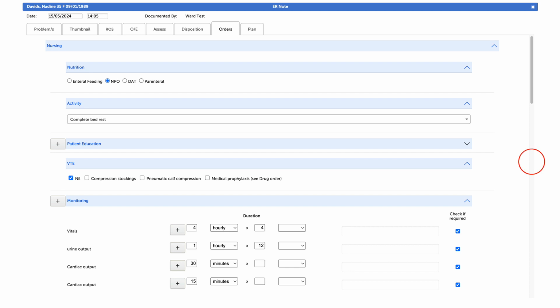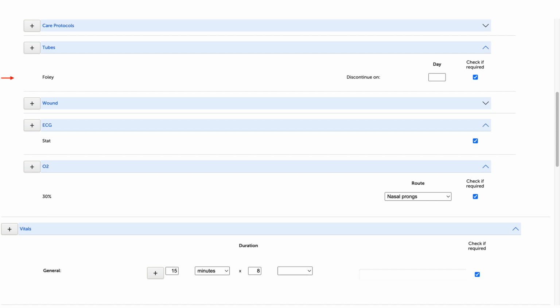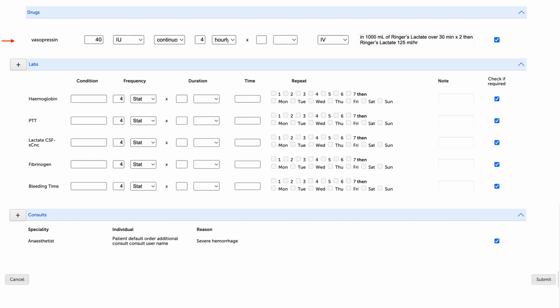I'm going to now just click further down on the scroll bar, and I just want to show you, if you look on the left there, you can see I've highlighted the Foley catheter and when it should be discontinued. One can fill in the day, or if they didn't have a Foley catheter, which obviously in this patient's case would be unlikely, one can deselect if it was required. I'm going to scroll further down this scroll bar on the right, and one's now seen